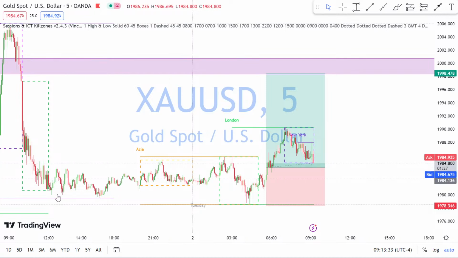Duplicated from this high or whatever high forms in this area down to this low. Okay, so while this diagram is fragmented,